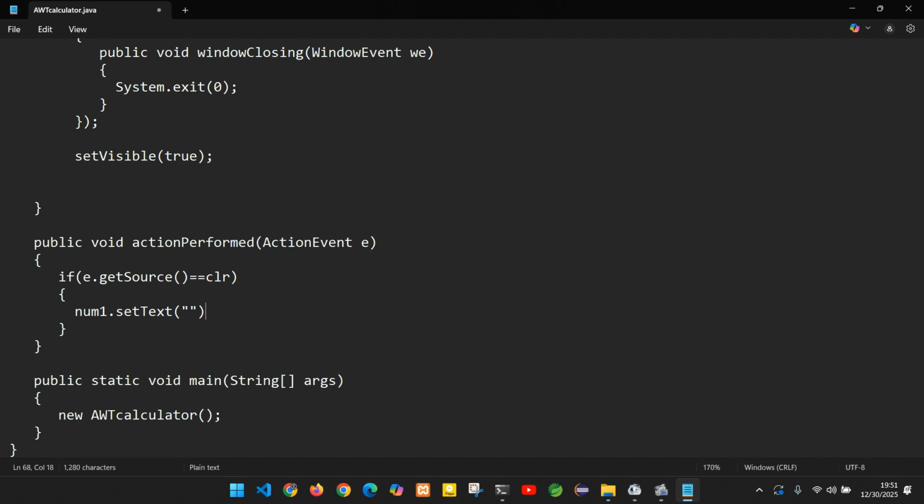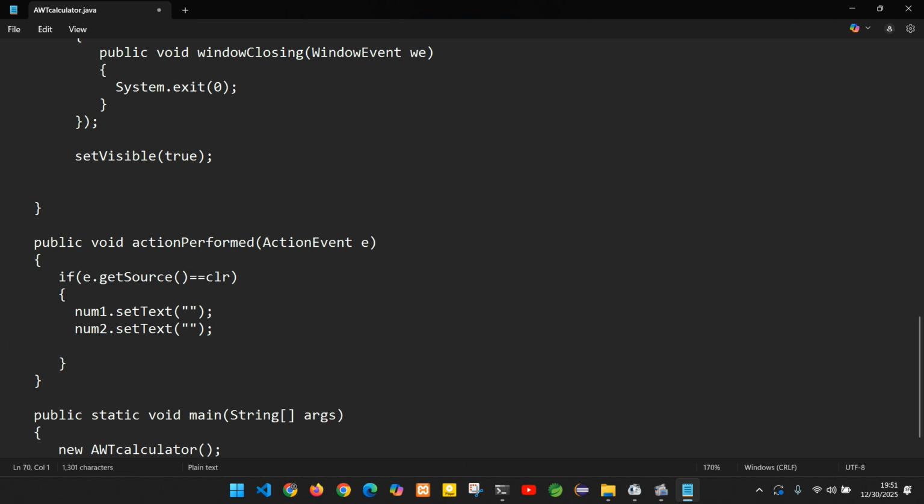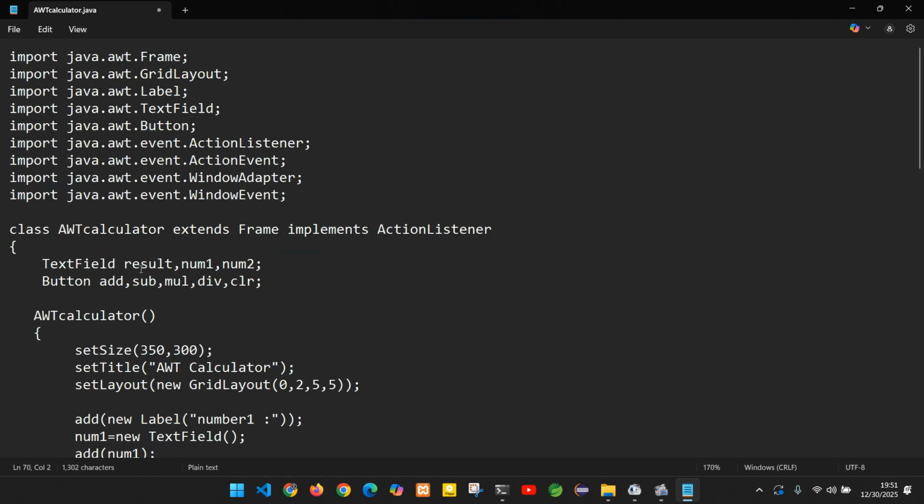empty, num2 setText. What this setText method will do, it is setting text to the text field. The text here is empty. So that makes a clear illusion of our text field. Then the result text field